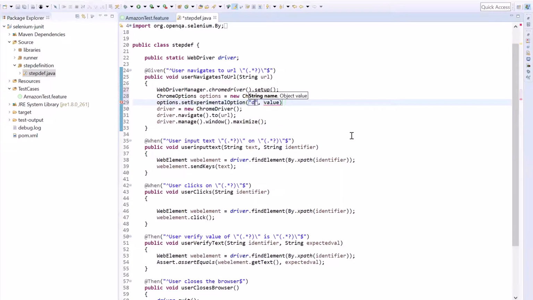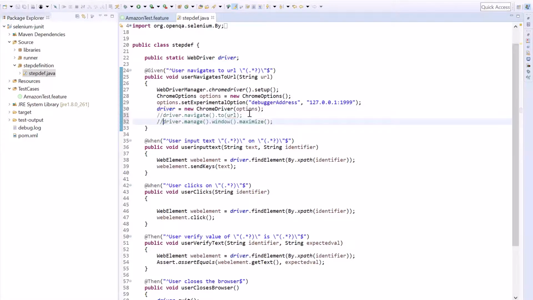Then pass the experimental option name as debuggerAddress and the value as the IP address with the port number on which Chrome browser is already running. After that, pass the options object in ChromeDriver to create the driver object using the already running Chrome browser. And then comment the below code.